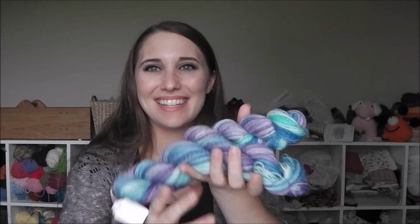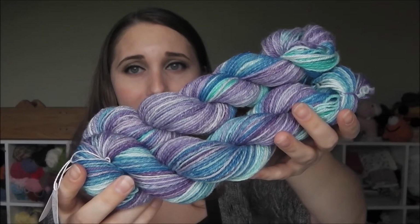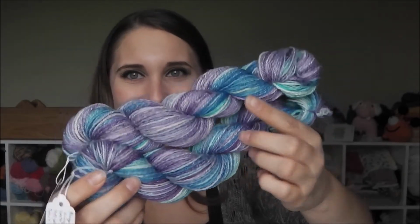I already spun it up. So here it is. This was on her King BFL fiber, so it's 100% superwash British BFL, and it was 4 ounces. Oh, in the Frozen Heart colorway. That's what I was gonna say. And it was a gradient dye, so it went from like a turquoise to a dark blue to a lavender to a dark purple, and it was dyed in a way that it had white spaces in it, and it wasn't kind of like mottled, so the white spaces weren't even,